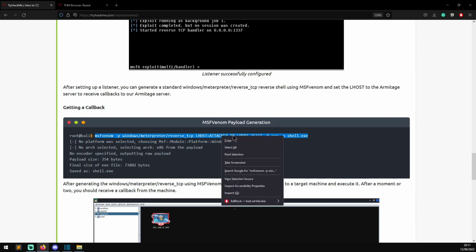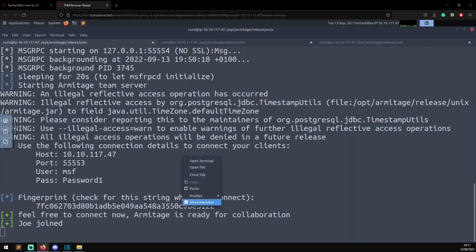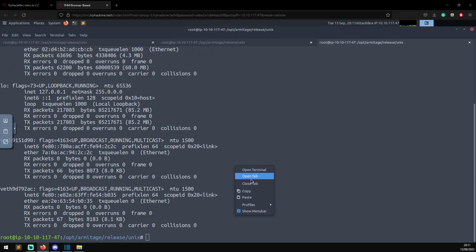Can we not copy and paste from the different windows? Is that really what's happening here? No way. Okay, so MSFVenom,